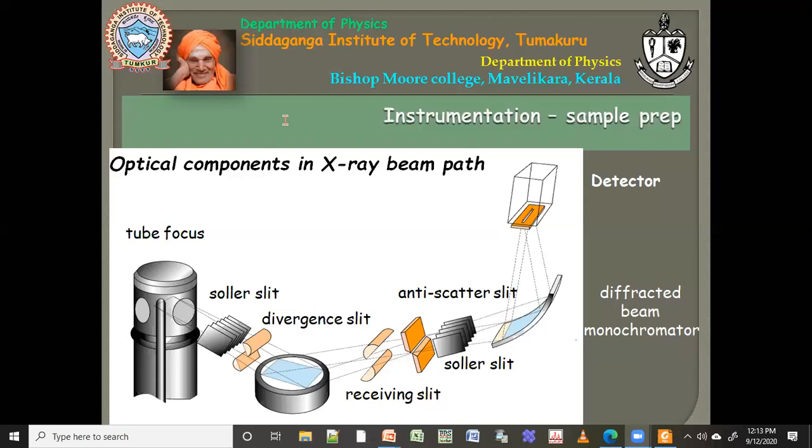Now, the X-ray is coming from the tube, it is falling on the sample, and then it is going to come back to your detector. The detector can be just a gas detector, or it can be a photodiode. It is just a photodiode which is taking the light coming in and converting it into electrical or digital form. So now, why do you need all the other things which are in between?